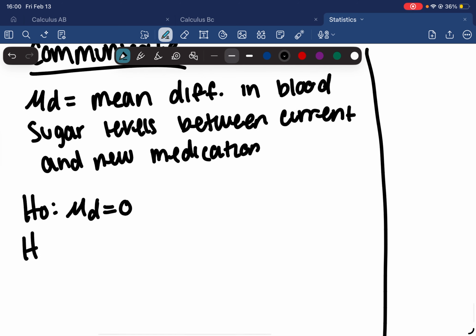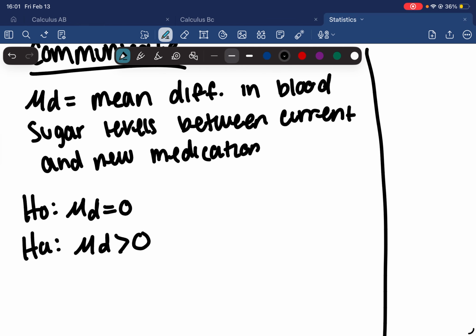So that means the alternative is that mu difference would be positive, because if we are taking the current medication and subtracting the new medication, if the current medication versus the new medication is making any difference, the new medication's numbers should be lower than the current medication, which means when we subtract, we would always have a positive